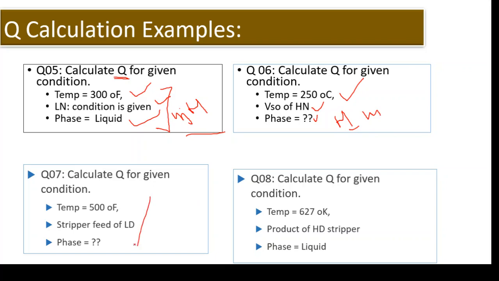Similarly for the next one, temperature is given here, and the phase you have to guess, for the stripped feed of the light distillate. Similarly for this one, temperature is given, phase is given, and you have to find it for the heavy distillates. So this is all about it; you have to do it by yourself